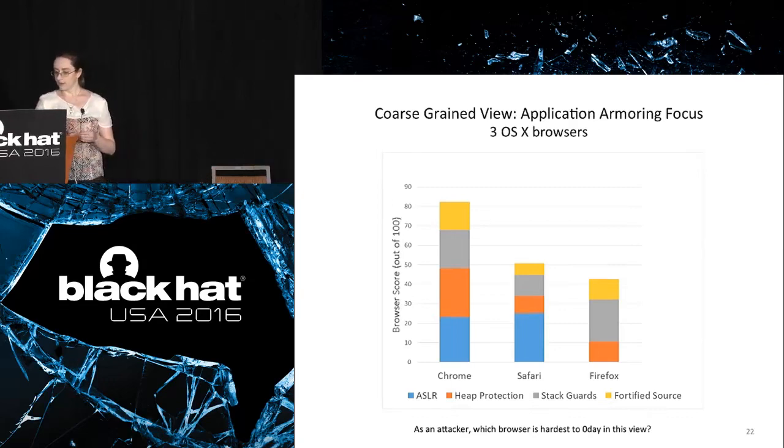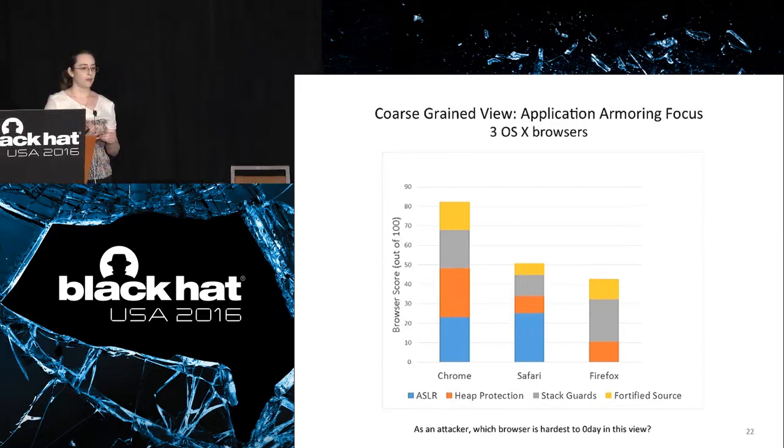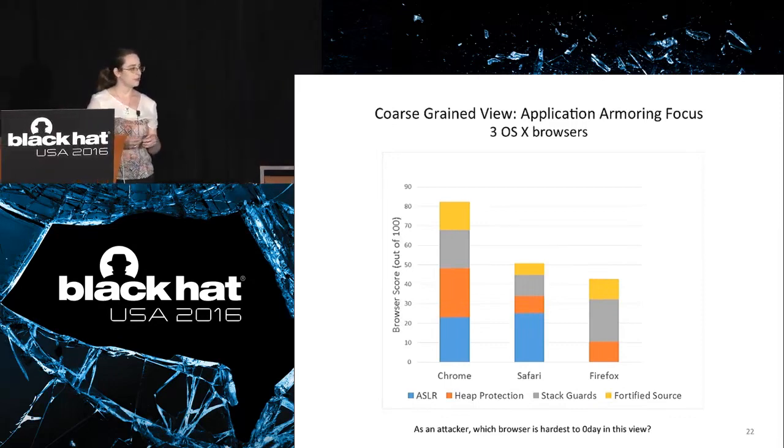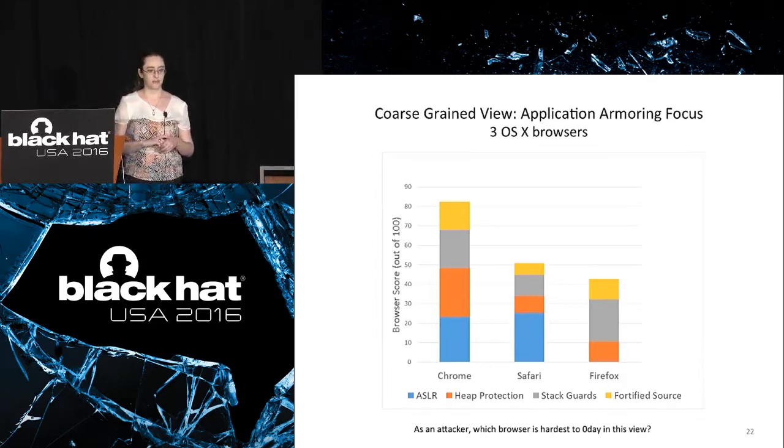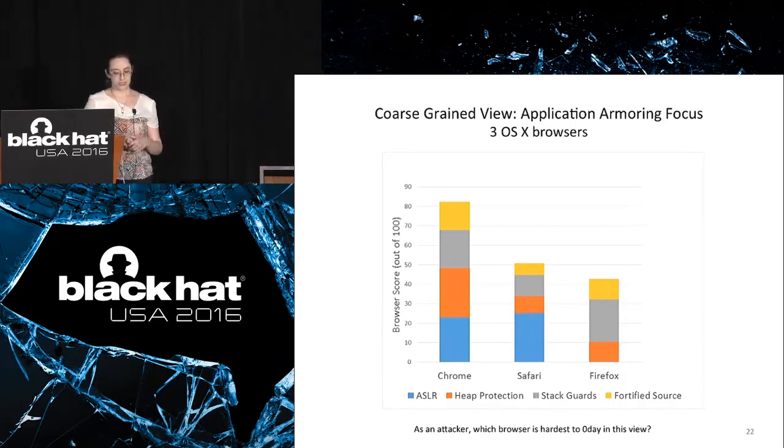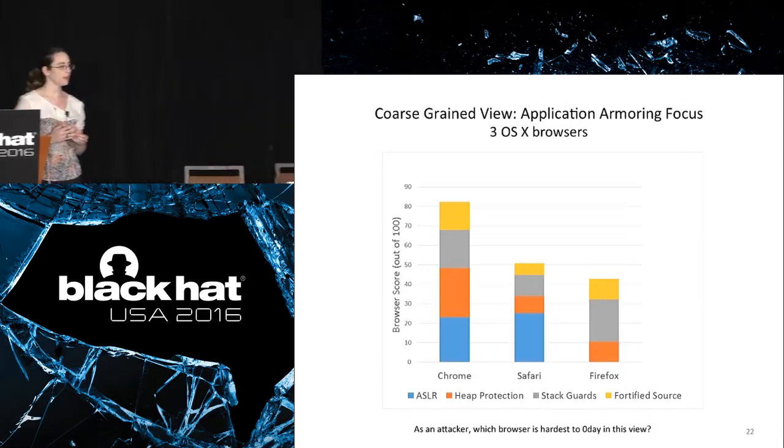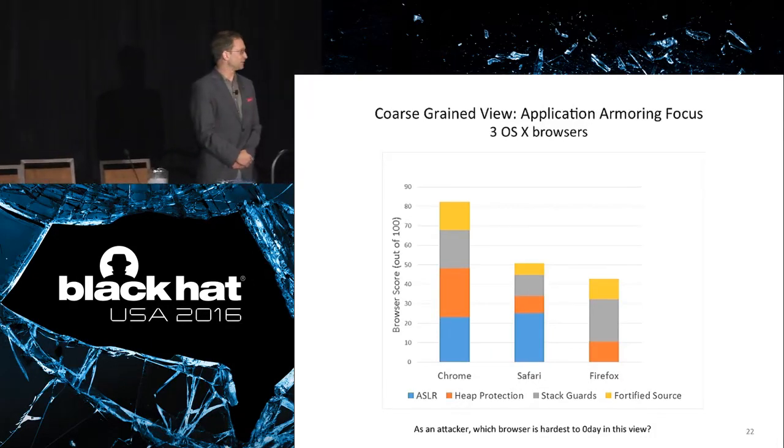So nobody got 100, but Chrome was the only one that was pretty consistent in its use of ASLR and heap protection, so it did the best overall. Safari had everything, but not consistently, so it ended up in the middle. And then Firefox was missing ASLR entirely, which was a pretty big surprise to us and actually to some people internally there. Yeah, this particular image was in Kim Zetter's article, and it was really interesting and enlightening to watch